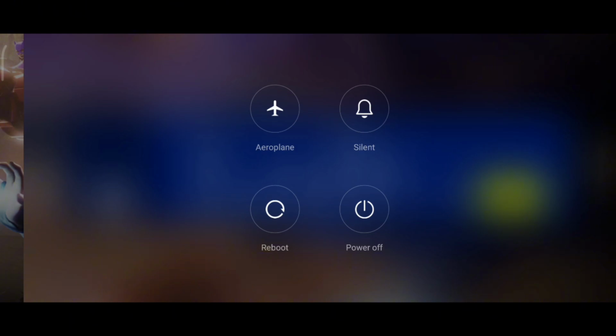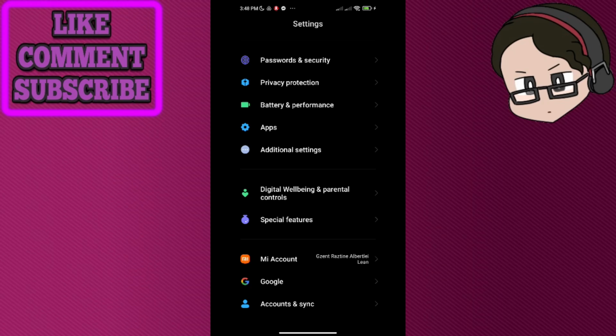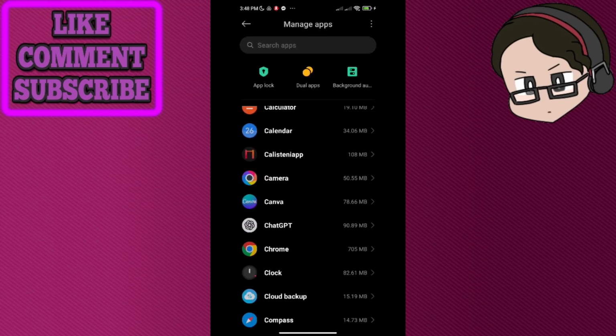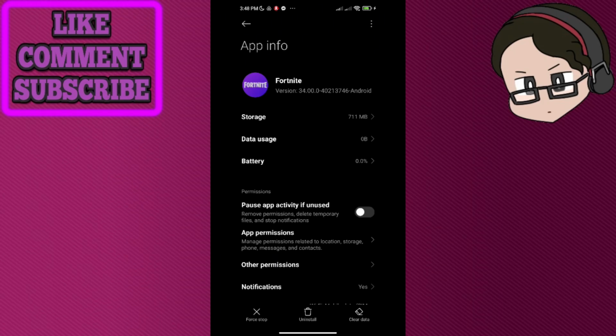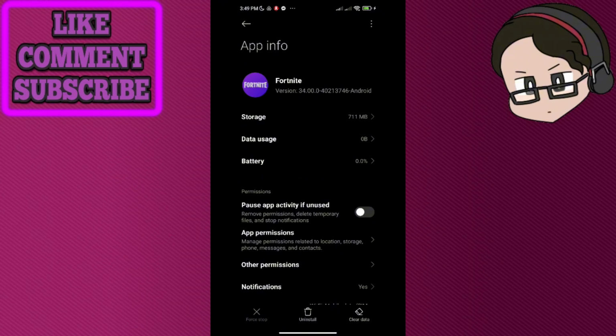The next one is to go to your settings. In settings, go ahead and scroll down until you find the apps and manage apps. In manage apps, go ahead and find your Fortnite, which is over here, and just go ahead and press force stop. So once again, go ahead and check if this works, and if not, you can go ahead and proceed